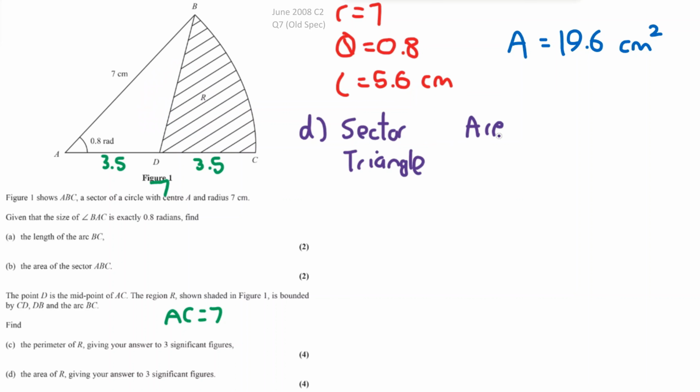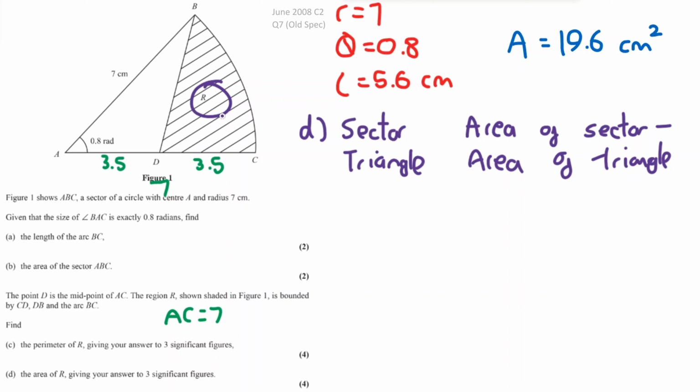and hopefully you can see that the whole thing is the sector. So if we do the area of the sector and we minus the area of this triangle, that means that we will just be left with R. So this is what we're going to do. The area of the sector minus the area of the triangle, and we'll just be left with R. The area of the sector we figured out before, and the area of the triangle we can do because we have two sides and the angle in between them. So we can use the area of a triangle, which is equal to half A, B, sin C, like this,